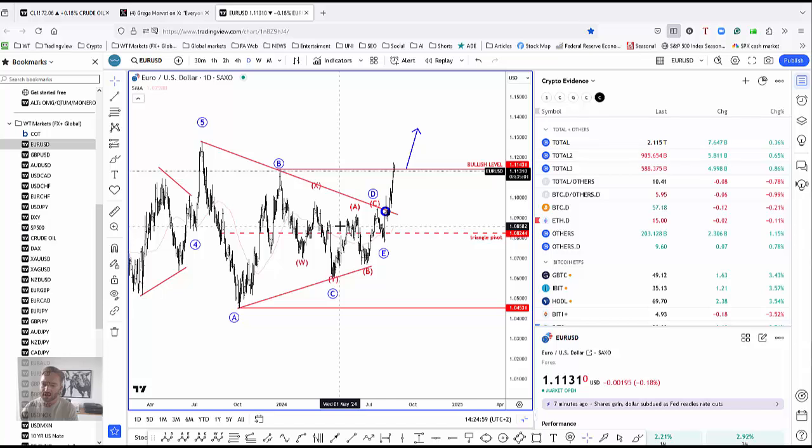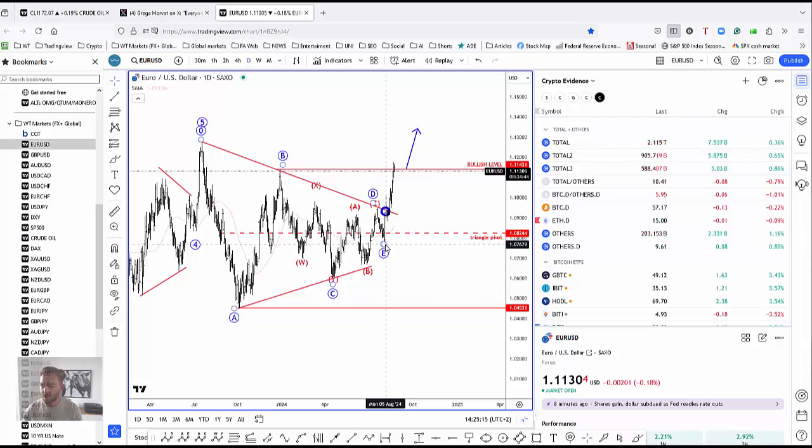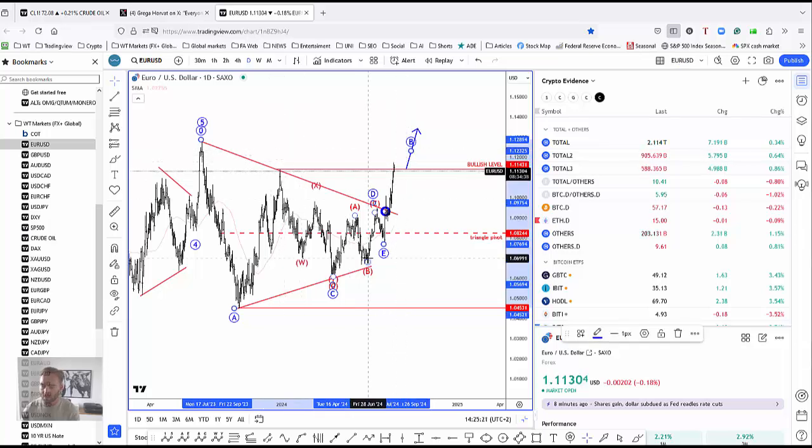Also, some would say, as an alternate view, that this rise from October is wave B, still fine, but you still want to see some completed impulsive rise here away from the most recent swing lows from the start of the month. You want to see completion of a 5-wave movement before you may say that the final leg within a wave B correction is coming to an end. So for now, that's not the case. Even if there would be some limited upside in a few weeks, I still think that after the next pullback, we could see more gains coming while the market is trading above the 1.10 level.